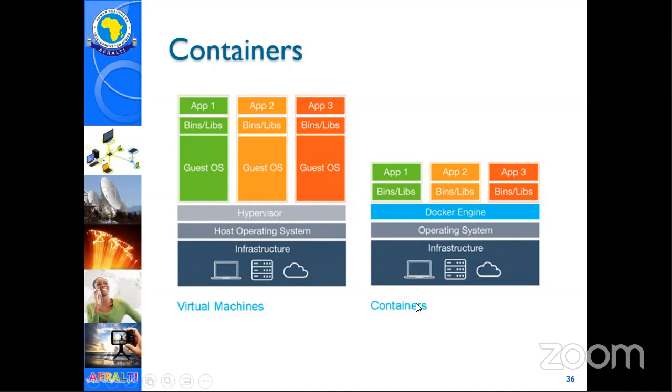In containers, the operating system belongs to Amazon or the cloud provider. What you need to do is have a Docker engine, which is basically a container engine. And then on it, we can put all our applications. Maybe this green one is the one that receives SMS from the user. Maybe this orange one is the one that now sends the results back to the user with what they scored. Maybe this dark orange function is the one that now does the database cleanup to make sure the database is not messy. Just whatever function you want to write.